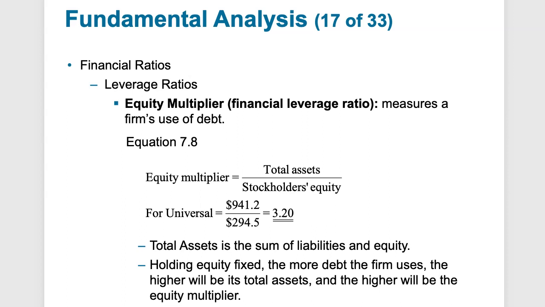So the higher the multiple, the more debt that the company is utilizing. Basically, when the equity becomes a smaller percentage of the assets, the higher the multiple here. And that's what we call the equity multiplier. So a high equity multiplier would mean that the company has utilized more debt. So the higher this number, the more risky the company is, the more leverage the company has in financing its